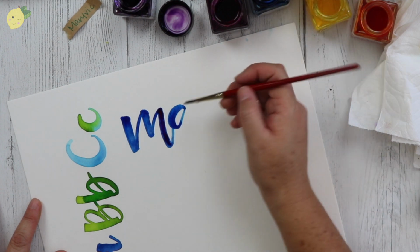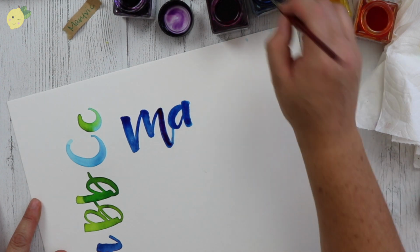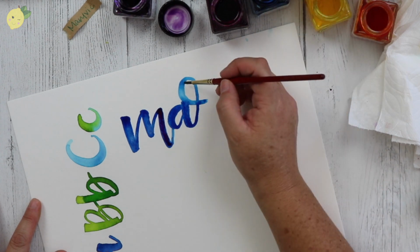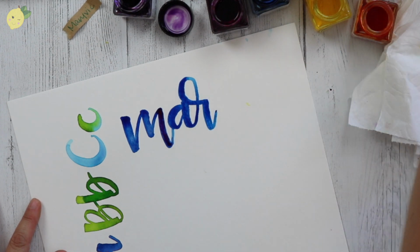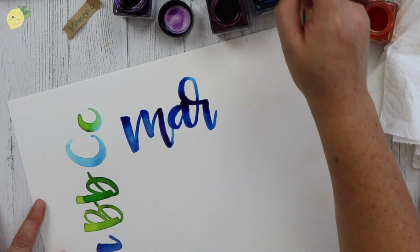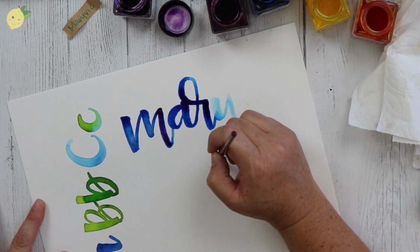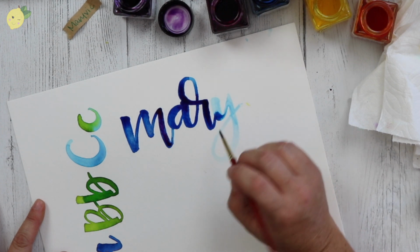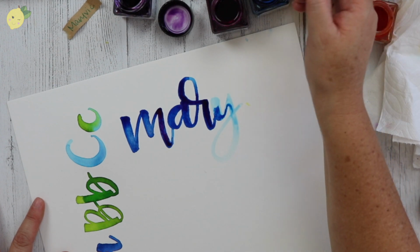And you can go slow when you're doing some of these. And I'm gonna come up and do my R. So I'm gonna make sure I have enough water on my paint. Coming up. And you can touch up anything you want to. And then coming down. Grab some of that pretty purple, drop it in. Maybe switch to light blue. And see, if you put the darker color and push it in, it'll start to move. And I'm gonna go back to